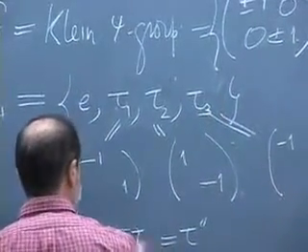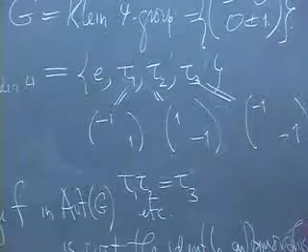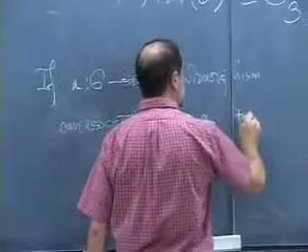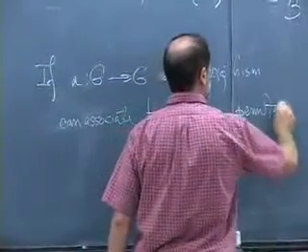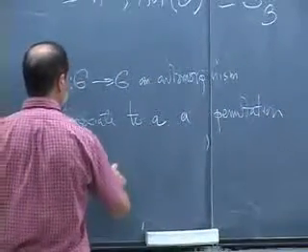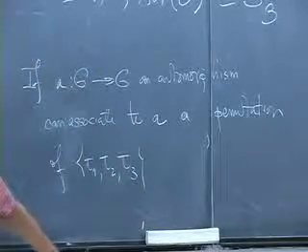So tau 1 times tau 2 is tau 3, etc. I can associate to this A, maybe I'll call A an automorphism so we don't get confused, a permutation of the set tau 1, tau 2, tau 3,